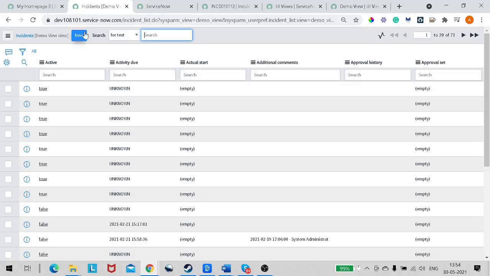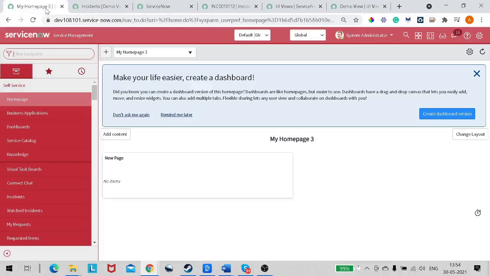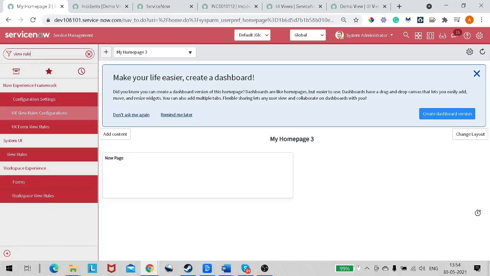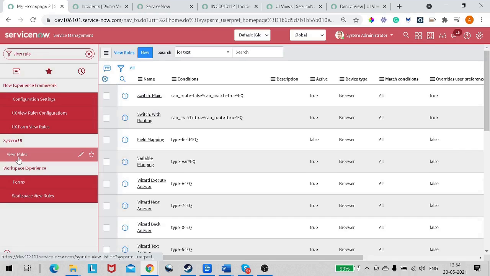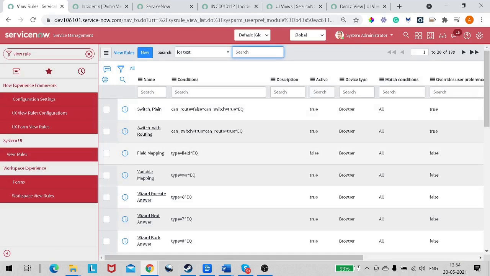So how to create it? This is very useful, because based on the role, the information you want to showcase to the user will change. So it's also pretty simple. In the filter navigator, just type view rule, because we are looking for view rule, and under System UI there will be view rules. Now on the view rule, you can see a lot of view rules are already defined. Let's create one more. So if I click on new,